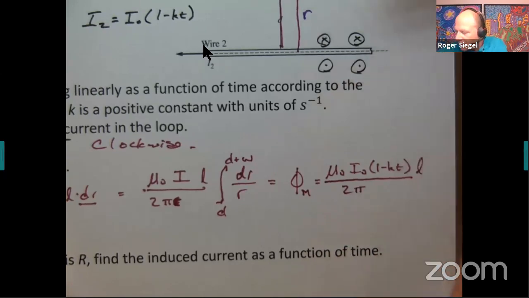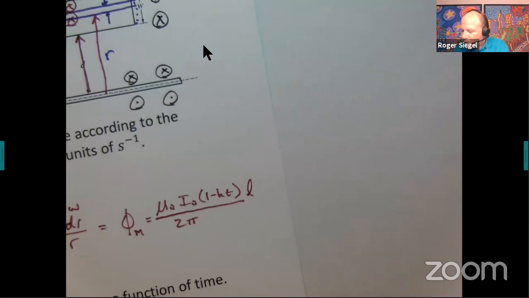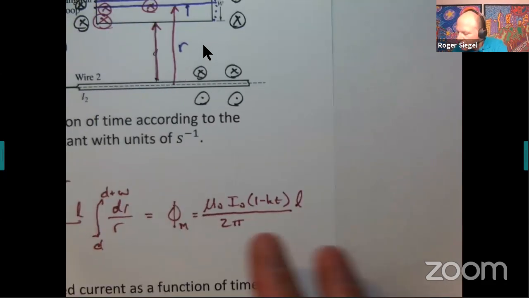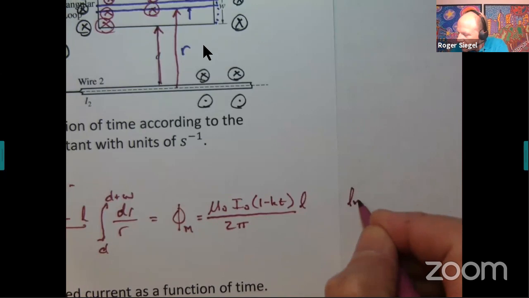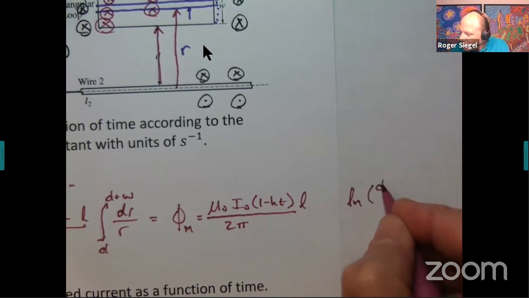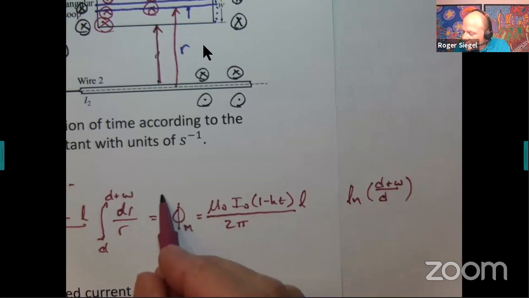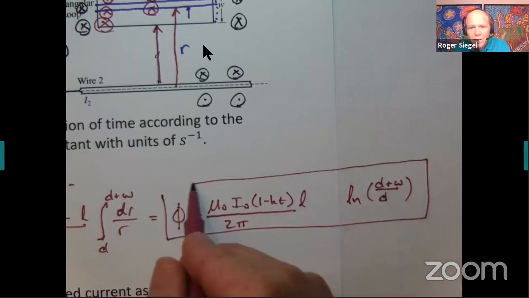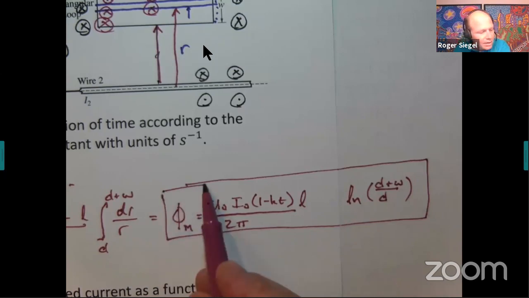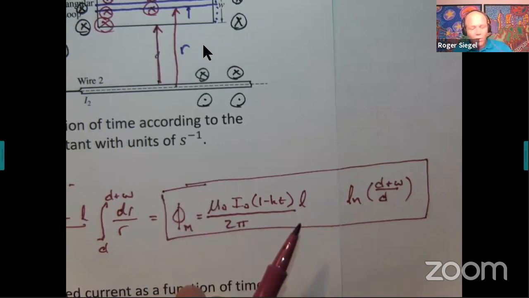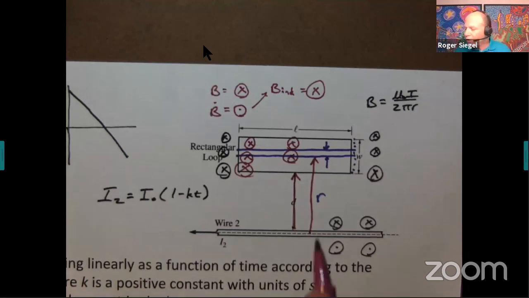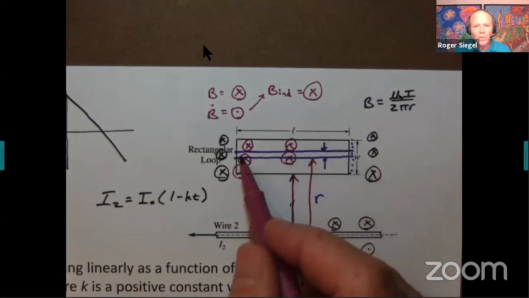And then finally, remember, I have a logarithm here. And so I'm going to say that that's ln of d plus w over d. And so this now is our flux, okay? And let me check that against what I have before. It looks right, okay. Now, we've just found the flux, and I want to, again, pull us back to that. What did we find? We found the amount of B field through this